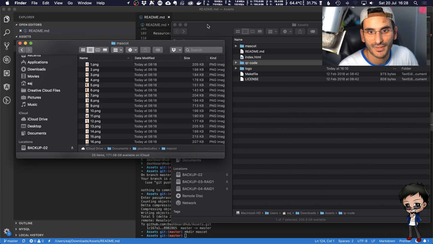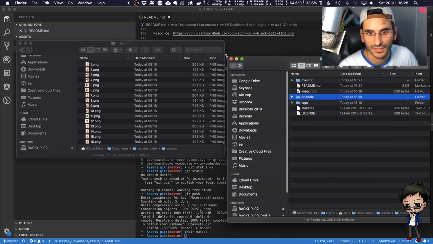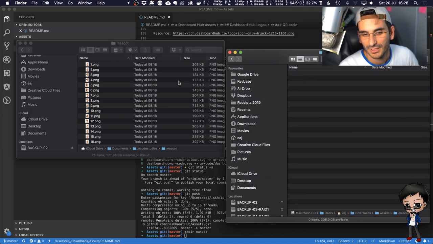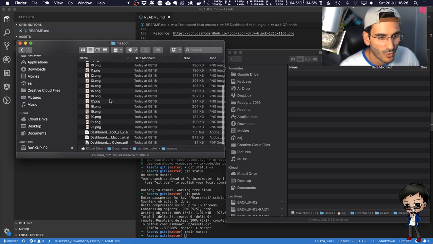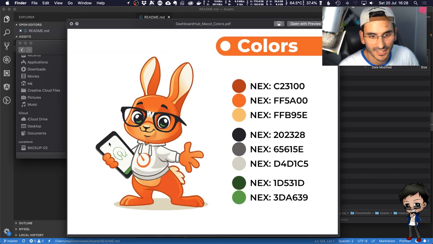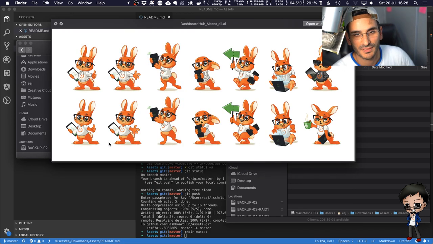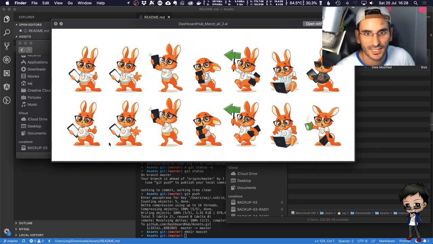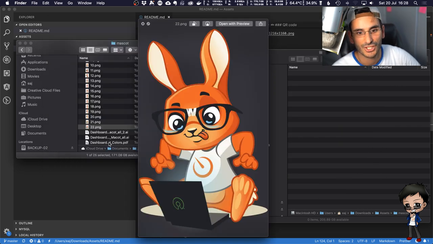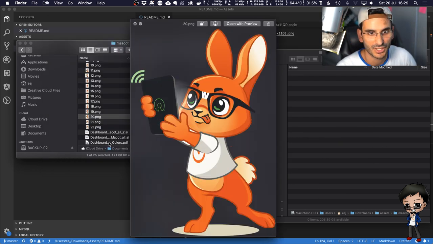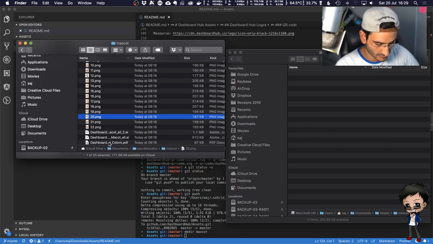We're going to make a copy of that. I want to move it into this folder. I could do it on the command line, but you know, I'm lazy. I think I want to put all of these in. So you've got the PDF with the different colors. And then you've got the AI file with all the different types of mascots, the hoodies and the t-shirts in different versions. And this one's number 2. Oh yeah, the tongue has changed on this one. That's all. It was a slight change. And then you've got the individual ones, which are PNGs. So I'm probably just going to add all of those.